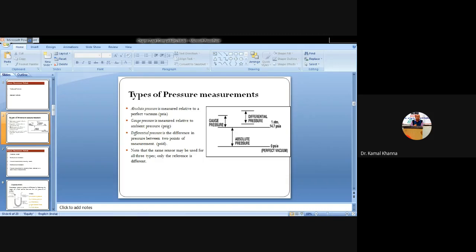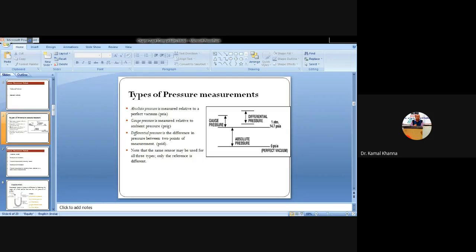So what is atmospheric pressure? That is the normal pressure exerted by the atmospheric air upon all the surfaces which are in contact with it. On our body, on human beings also, atmospheric pressure is exerted by the atmospheric air. All living and non-living things experience the atmospheric pressure exerted by the atmospheric air which comes in contact with them. Or simply we can say that atmospheric pressure is the pressure caused by the atmosphere.